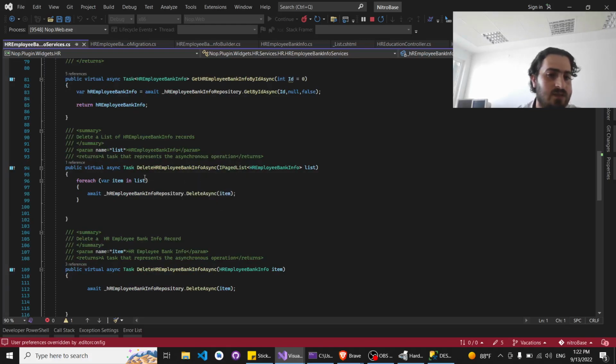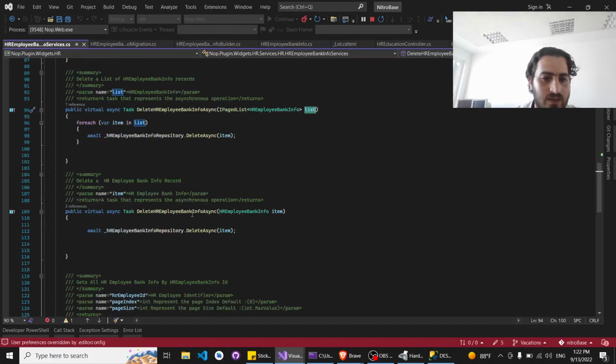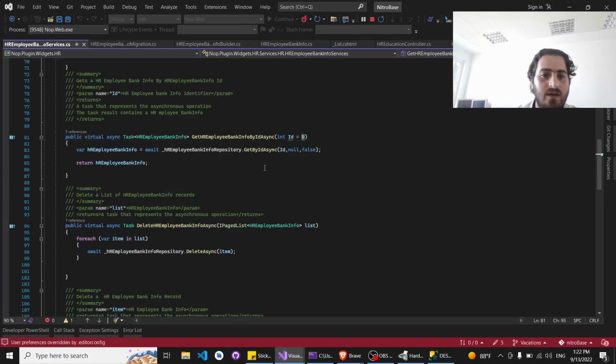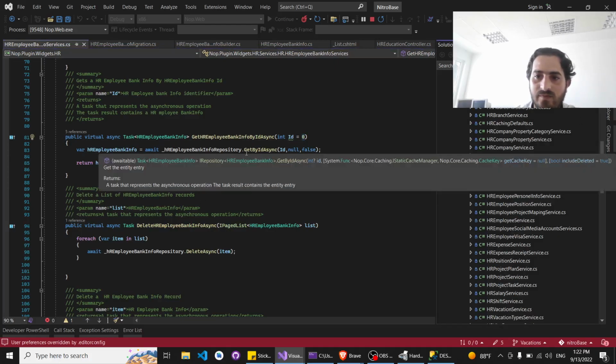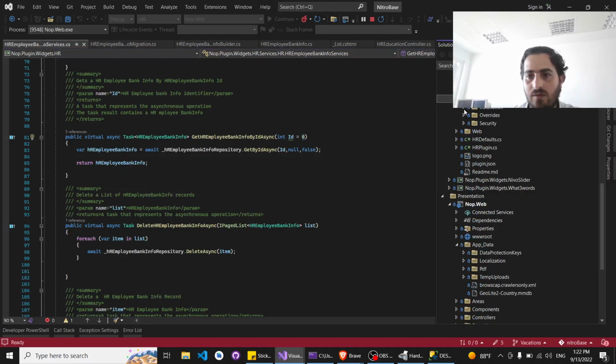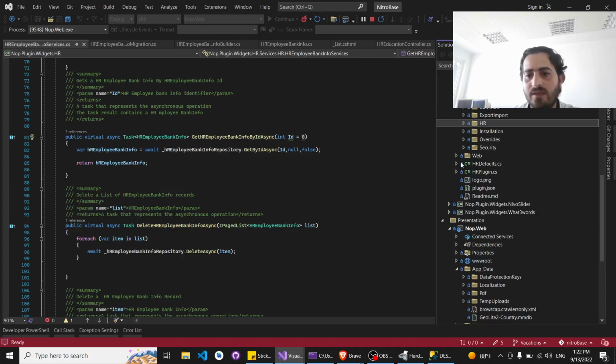As you can see here, we can delete by passing a list of employees, or we can delete by passing an item itself, or we can delete by passing the ID of the item that needs to be deleted. So we have multiple versions of each operation. We need to use them according to the needs of our system. After that, we have